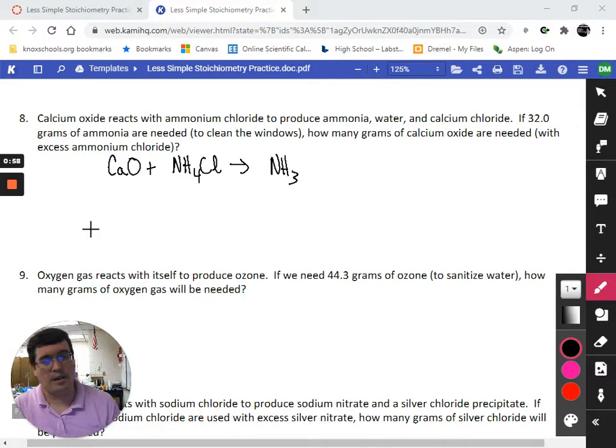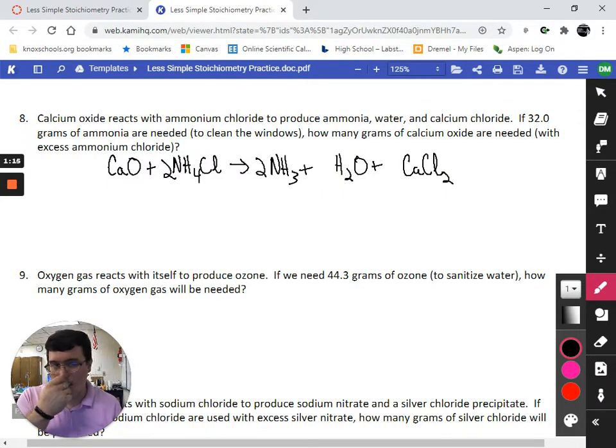So we make ammonia here, we make water, and we make calcium chloride. I'm going to balance this fairly quickly to jump into this. We need a 2 there, we need a 2 there, and that balances. So there's the balanced equation, step number 1. Step 2,